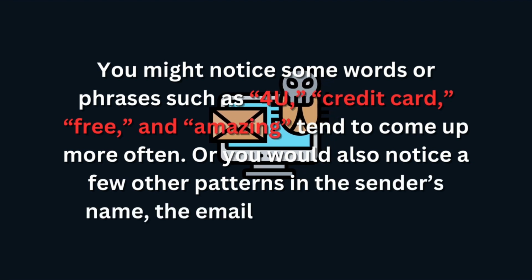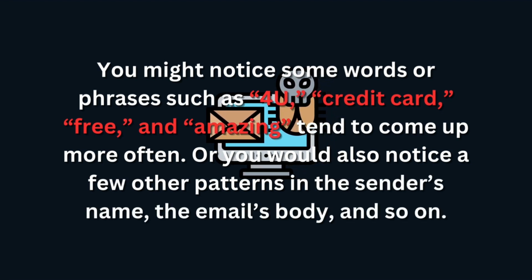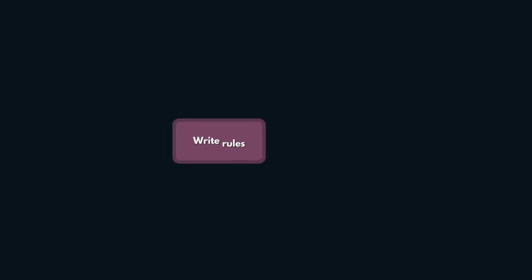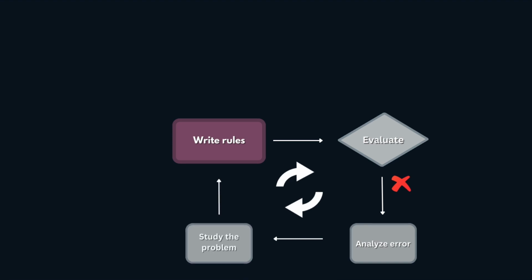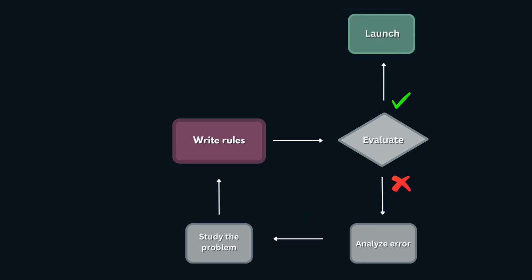Now that you have identified certain patterns, you would write a detection algorithm for each of these patterns that you noticed, and your program would identify emails as spam if a number of these patterns are detected. Next, you would test your program and repeat steps 1 and 2 until it is good enough. But the problem with this traditional approach is that it is time-consuming and less accurate.